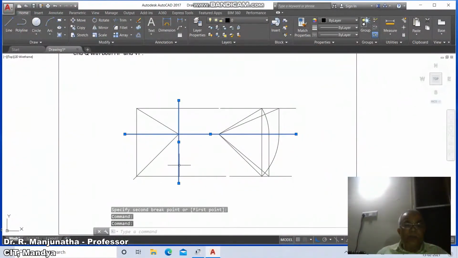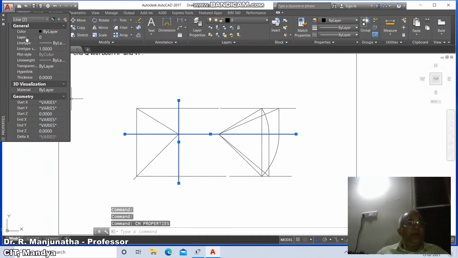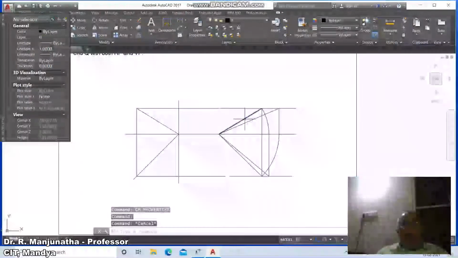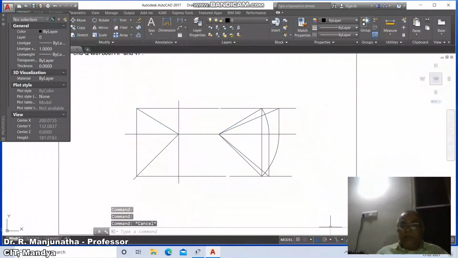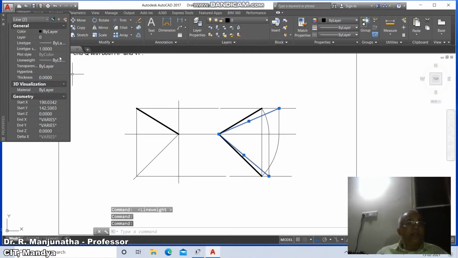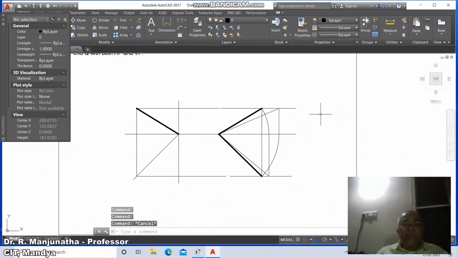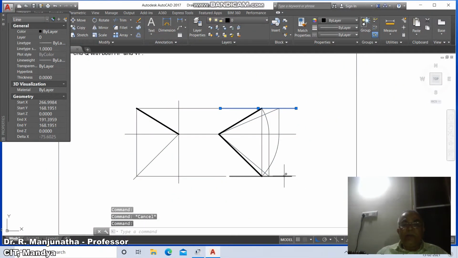So come down to these two, go to CH and go to layer, make this layer as XY, then escape. Select these two, front view and top view, and also this line, go to layer and make it views. Then switch on this, so you're going to get this. Then go to true length, select between these two, go to true length, then escape. Then select between these two, then go to layer, you make this layer as locus and type 10.